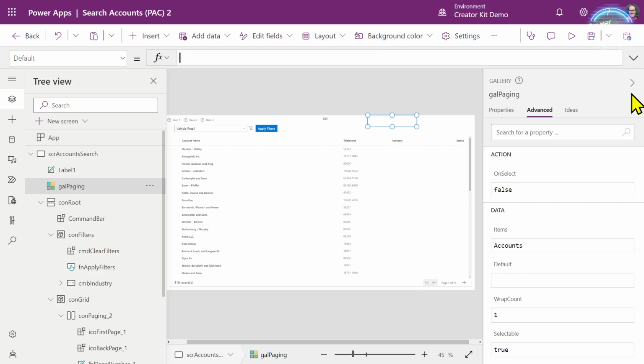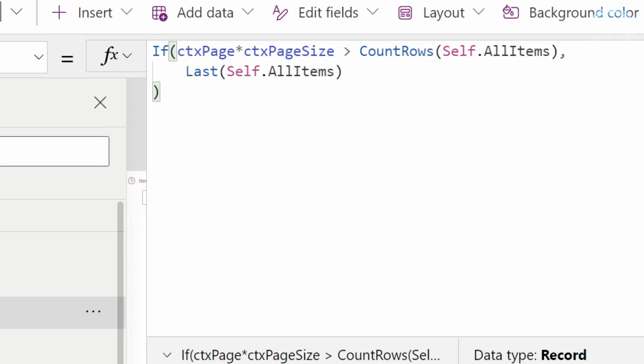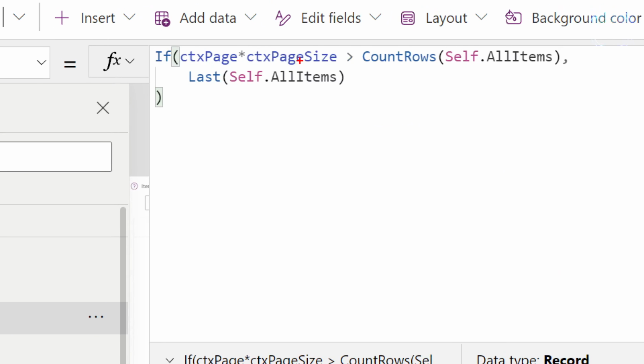And if we select the last item in that gallery, then it will automatically select that item and then load more records. So I'm going to pop a little expression in here to say, okay, if the page number times the page size is greater than the number of records loaded into this gallery, then move the selected item to be the last item in the gallery. So if we've only got 100 records, it's going to select the 100th record. And of course, what that does is it forces the gallery to then go and load more records, which is great.